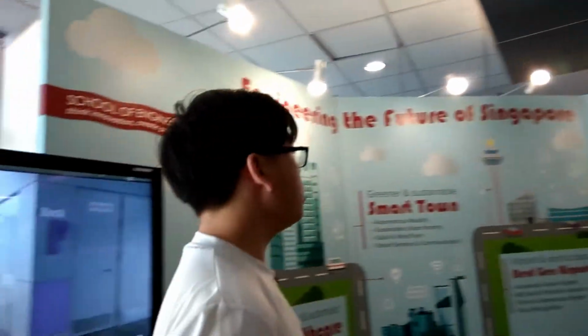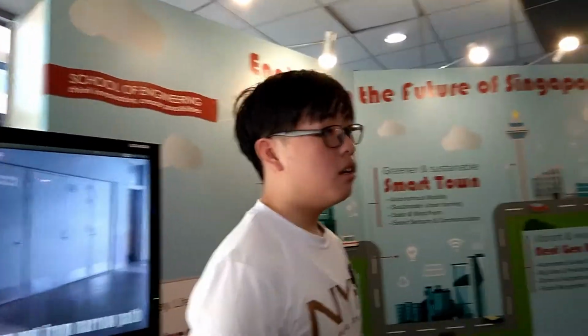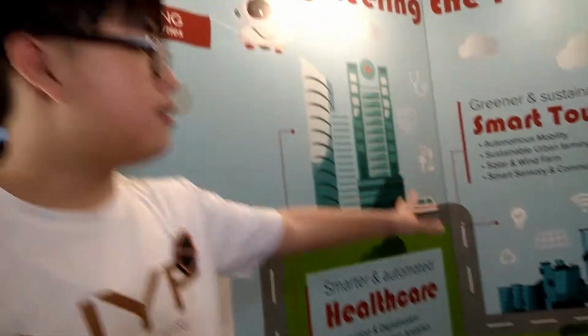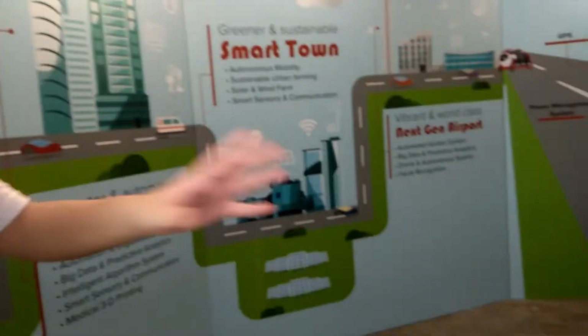Okay, we are actually doing a driverless vehicle. In Singapore, we try to build a future of Singapore. Healthcare is important. We want it smart and automated. A smart town, next generation airport. And what you see here is the future of mobility. This is a driverless car done by previous batches, many batches of lecturers and ex-students that were here to